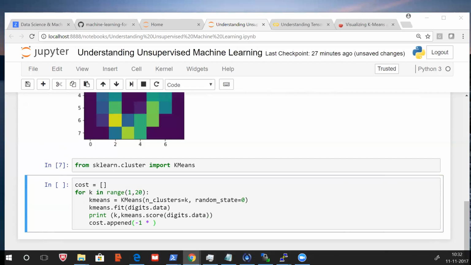Cost won't be negative, right? Because it is squared. Yeah, exactly. But we want it to be negative so that we get lesser to higher, essentially for the sake of sorting, nothing much. Or actually, let's not confuse it now. Just store the cost first. So this is what it will append, right?